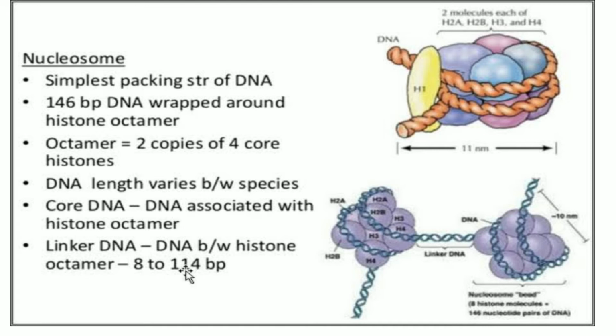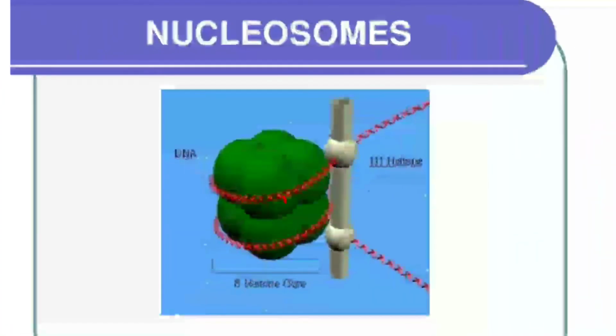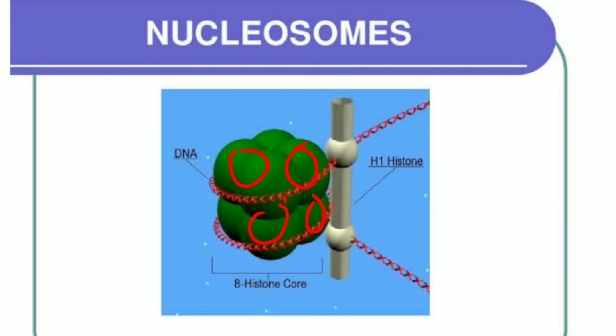Nucleosome beads appear as disc-shaped particles with a diameter of about 11 nanometer. Each nucleosome bead consists of 8 histone molecules. These are the histone molecules. 4 are seen in the front and 4 are on the back. These are the histone molecules, and this is known as the octamer. Each of these is a highly conserved